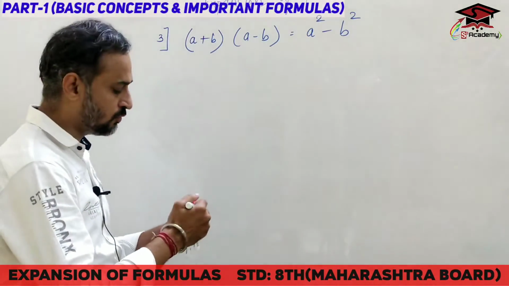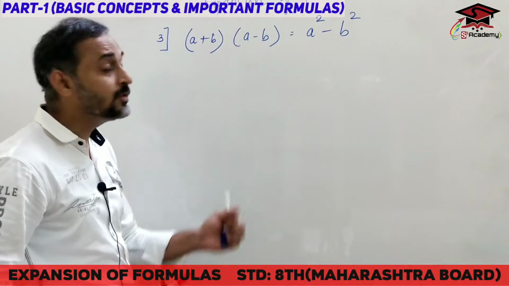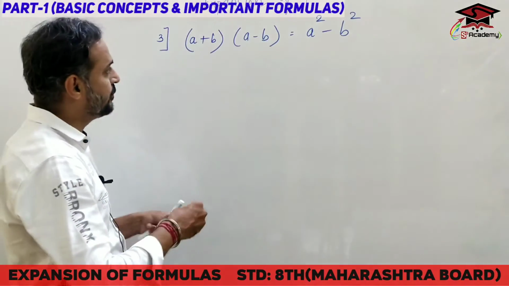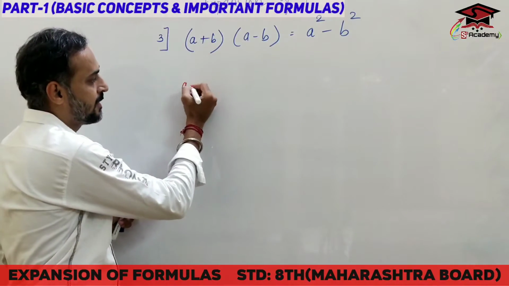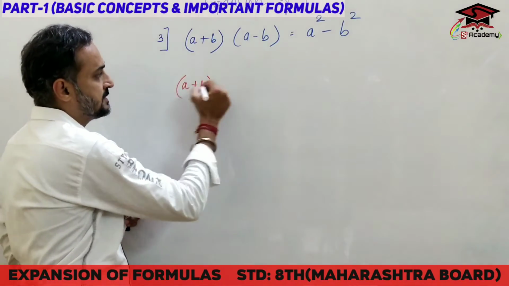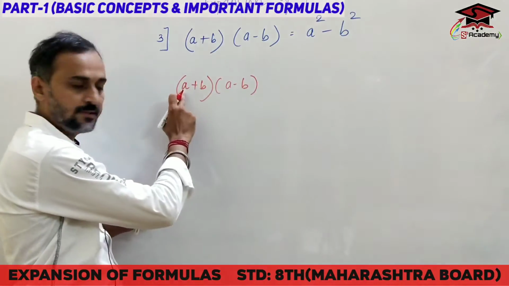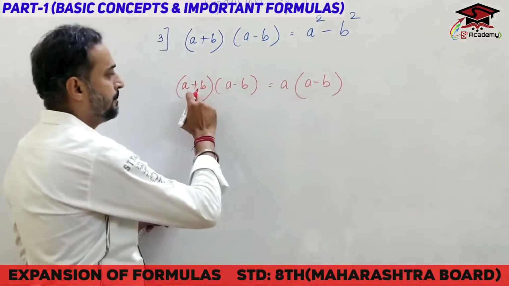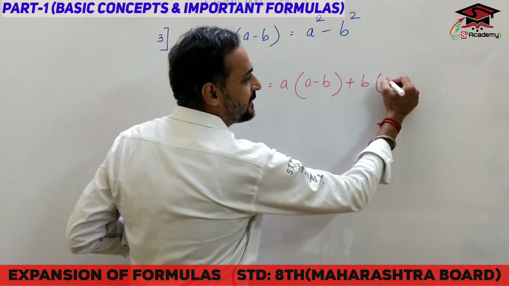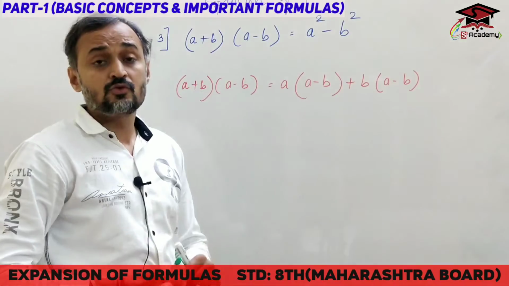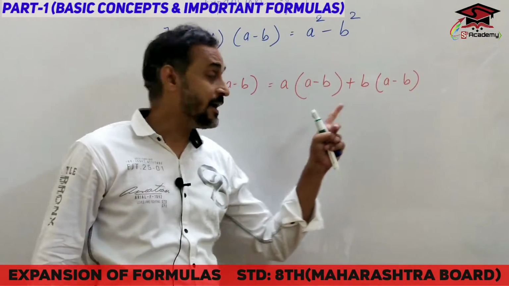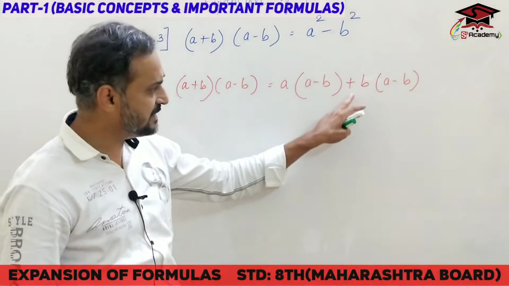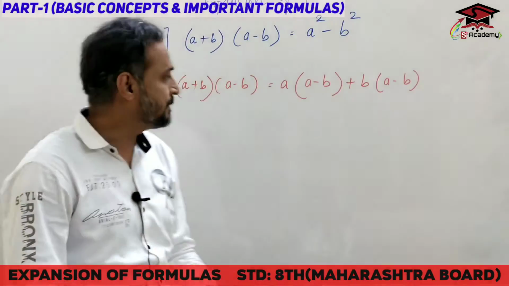Okay students, now what we will do, same way, same method, we'll use these two parts in a form of expansion. So what I'll say over here, let me write down the formula first. First step is I'll copy the formula. This a has to be multiplied with the bracket a minus b, plus b with the same way, same method, a minus of b. So what we have done in the first two formulas, we have multiplied this a with the bracket in the first part also, second part also, and the third part also. Same way, same method, plus b has to be multiplied with the same bracket.